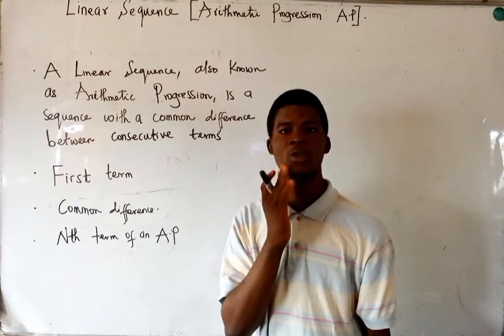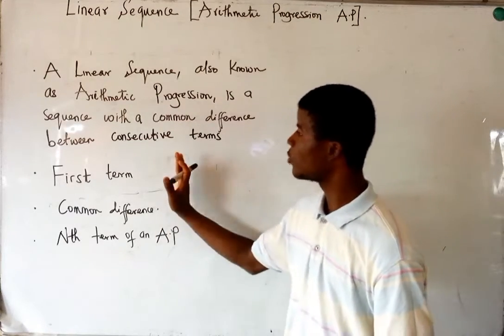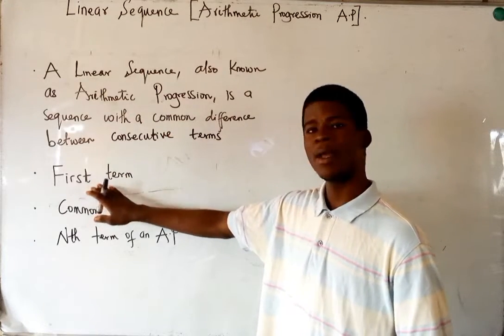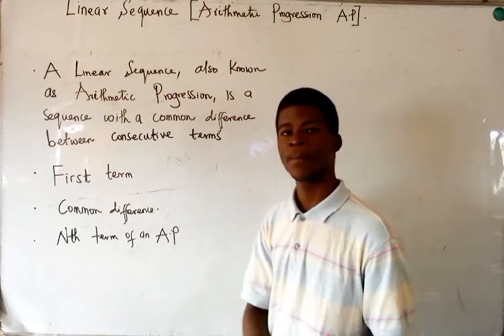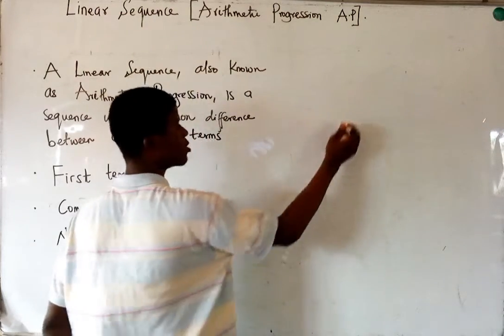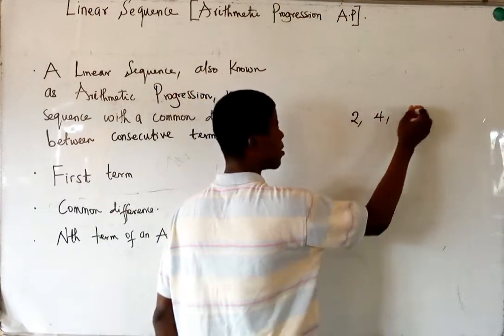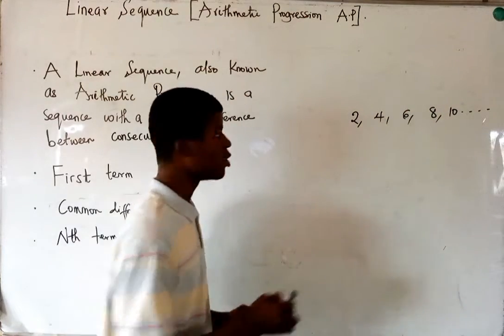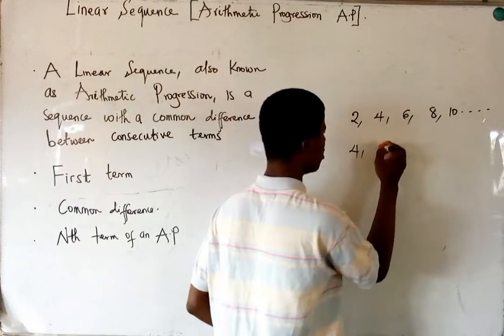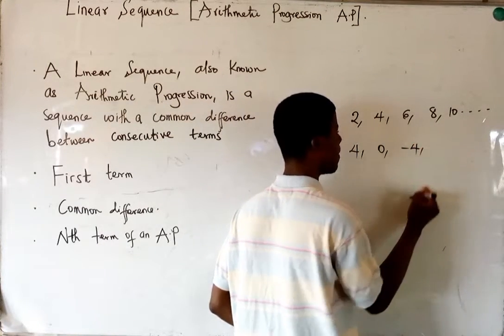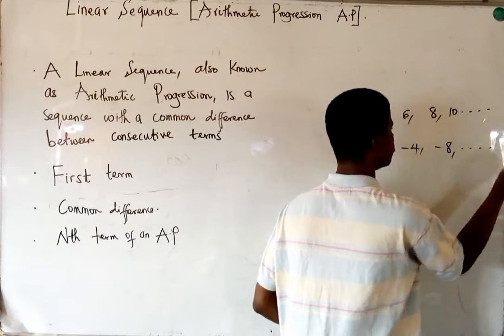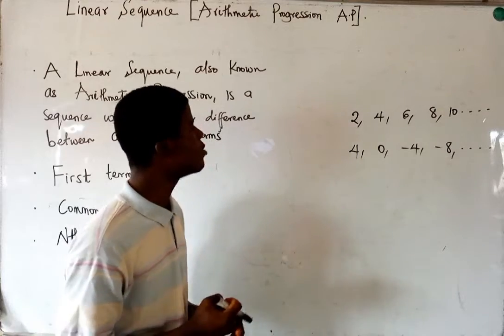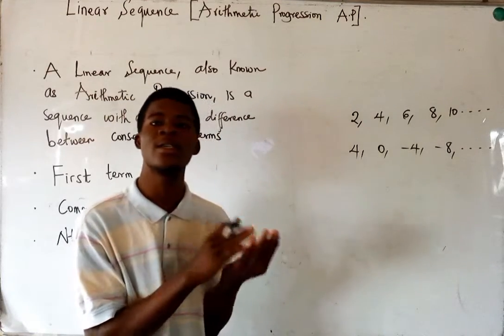So right now, let's continue with our discussion. I'll just define what an AP is for you. There are some elements that we're going to consider, like the first term. Now look at this sequence. This is a sequence, for example, 2, 4, 6, 8, 10. It continues that way. This is also a sequence: 4, 0, minus 4, minus 8, and it continues that way. So these are sequences, and there is a relationship between them,